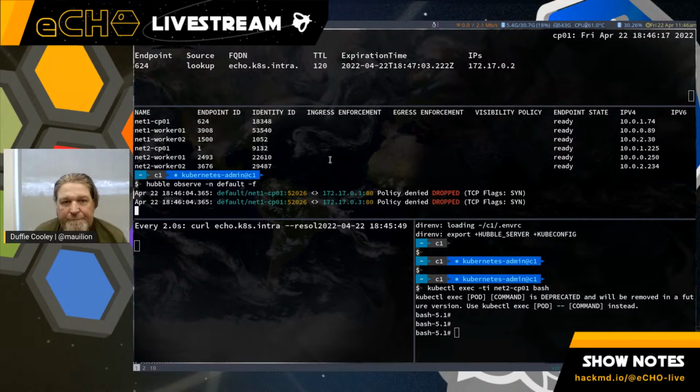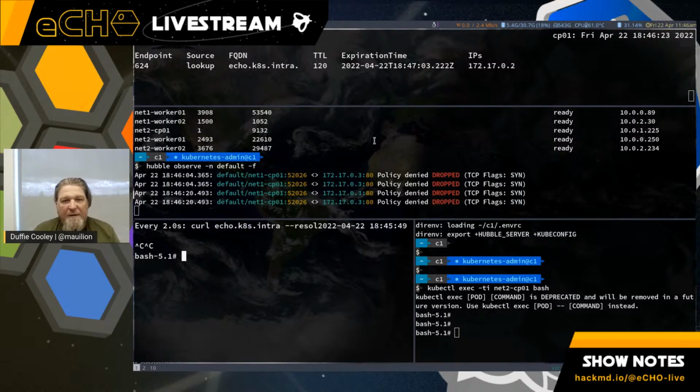Neat stuff. Now there is actually one other thing I wanted to show, which is that when you have that FQDN cache and it's specific to that node, then other nodes can make use of that same FQDN cache. And this is going to get into the detail of how we make use of that cache, right? So if you think about this, this is going to be kind of similar to a reverse lookup. We need to be able to understand that the FQDN you're trying to communicate with is mapped to an IP address. And we need to be able to determine that not only by host name, but also by IP address, right?